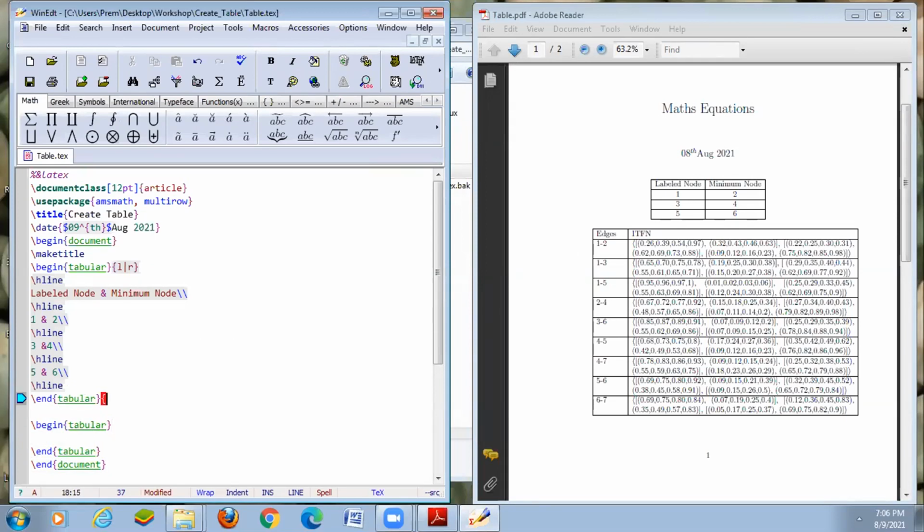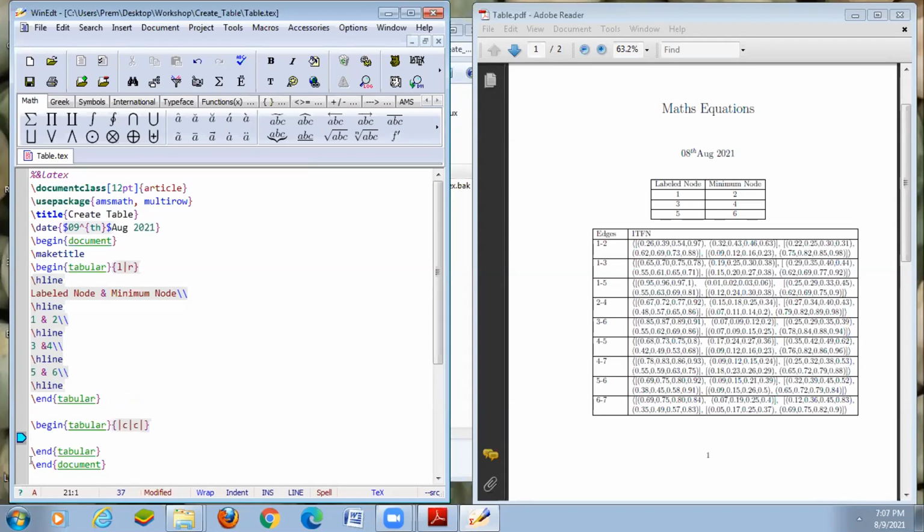So 2 columns I have to take: for the first column, the first vertical line and then center alignment, again a vertical line, again center alignment, again another vertical line. So to close that basis. So there are 2 columns there.